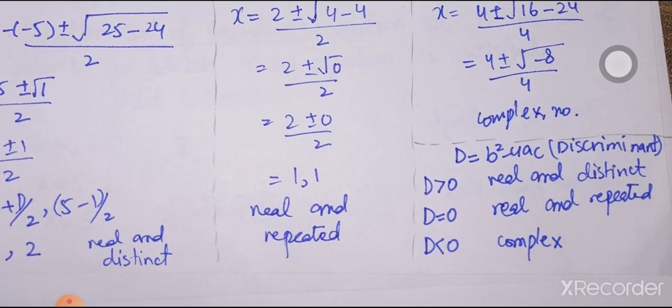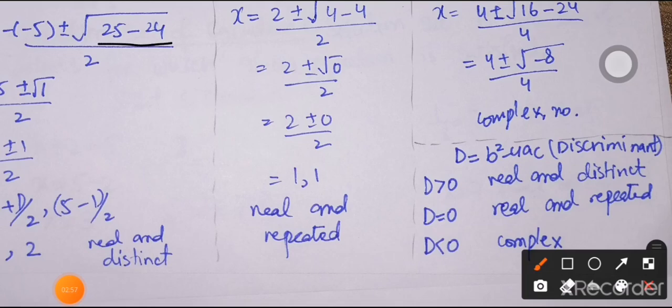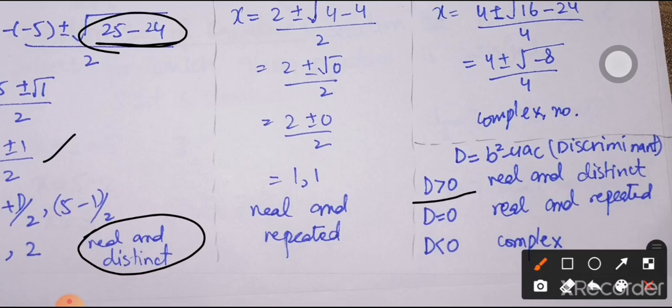For example, you can see that the discriminant is positive, 25 minus 24 is a positive number. So when we take the square root of a positive number, we will get a positive, defined real number, which will give us two different answers, because adding and subtracting the same number will provide you a different answer. So real and distinct roots in the case of positive discriminant. So whenever the discriminant is a positive number, we will have real and distinct roots.